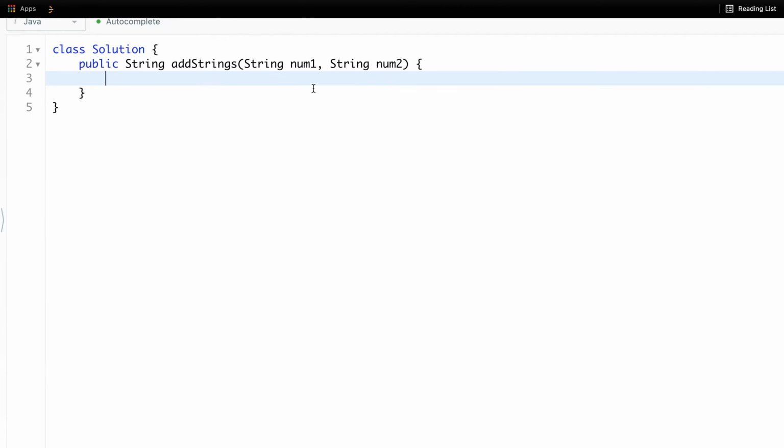So we have two strings, number 1 and number 2, and we need to return a string, and we are building that string by adding digits one by one. So in that case, creating a string and appending or concatenating another string into it is a very heavy task. Instead of that, what we should use is a StringBuilder. So let's create a StringBuilder object, sb is equal to new StringBuilder,